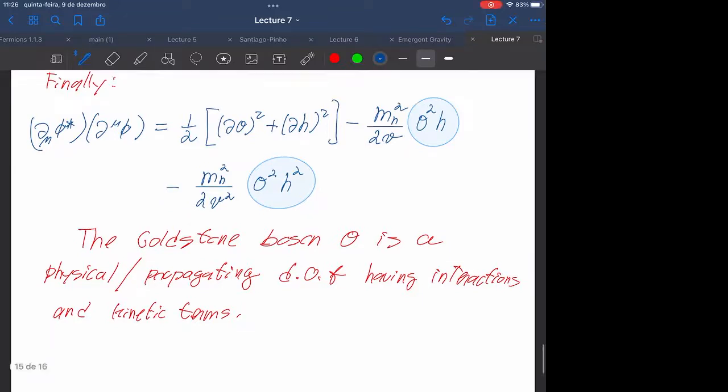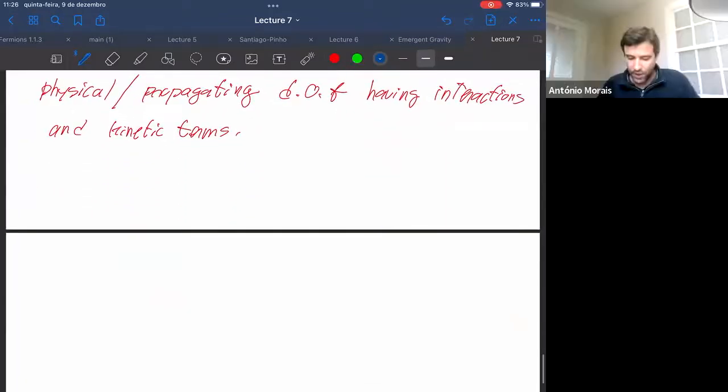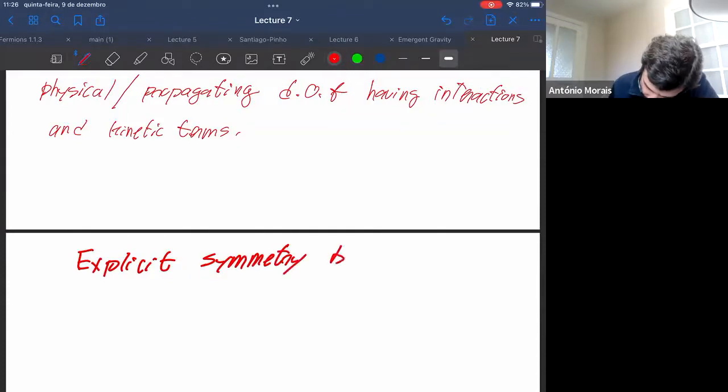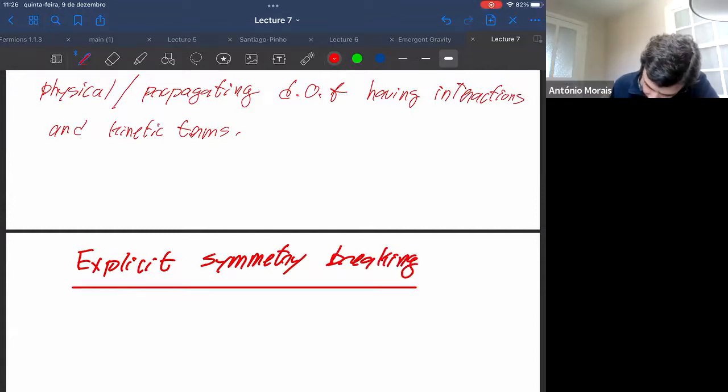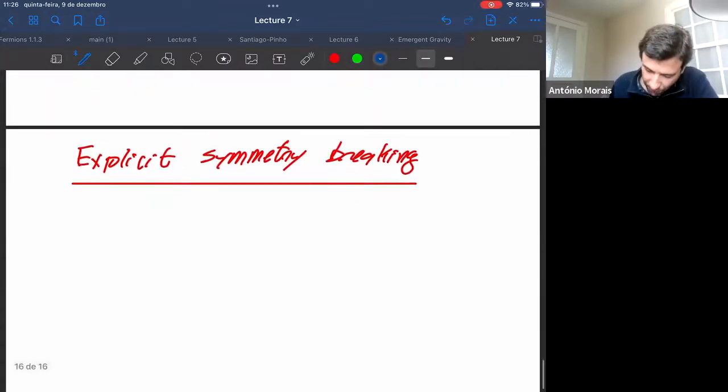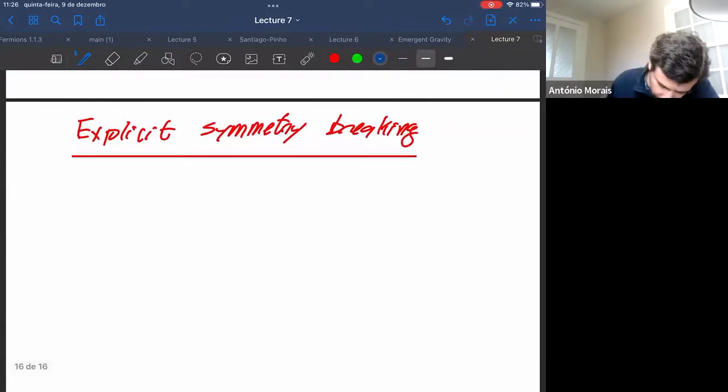Okay, so one of the possible ways of removing the Goldstones is by adding explicit symmetry breaking terms. So let me write here: explicit symmetry breaking. This is a lot simpler than spontaneous, but less elegant. Let's say it's something that we force by hand. So this is a possibility